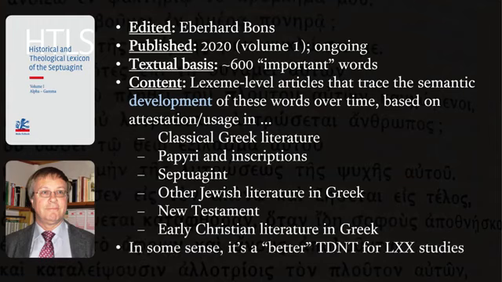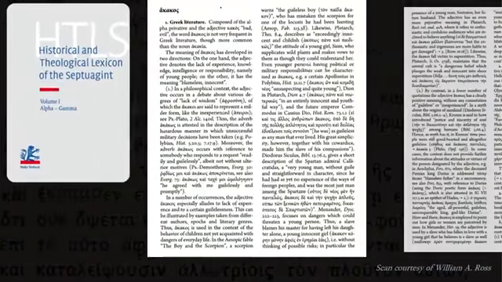And in some sense, you could argue that it is a methodologically superior version of TDNT, the Theological Dictionary of the New Testament, but it's focused on the Septuagint. In fact, if you look at some of the articles, they often will cite TDNT or the German equivalent. TDNT has some well-known flaws, although I still find it to be useful to gather information, and this is established on a better foundation. It does some different things than TDNT, but that would be the closest point of comparison, I suppose.